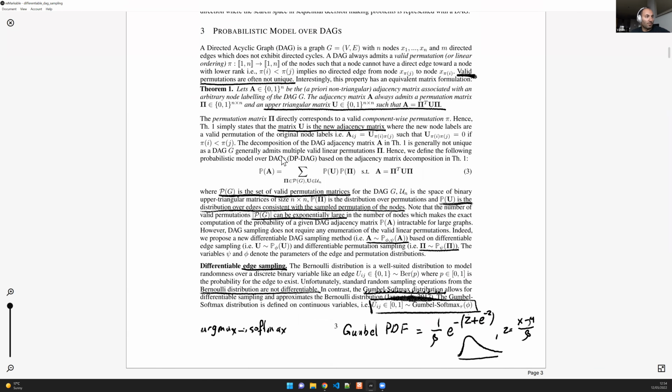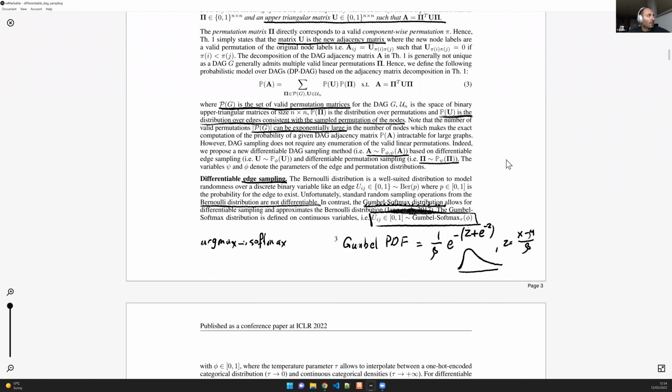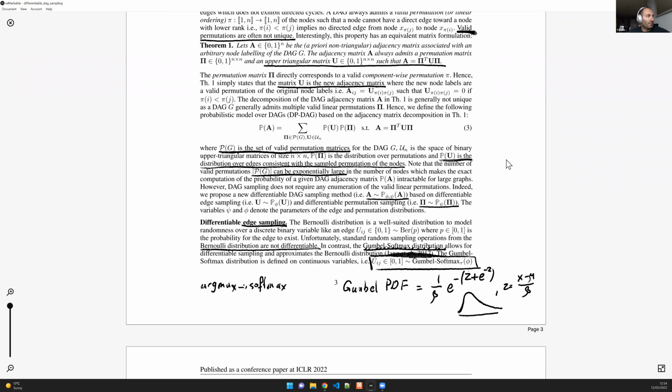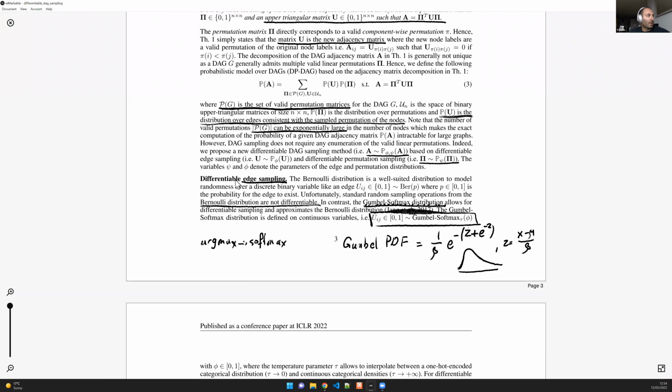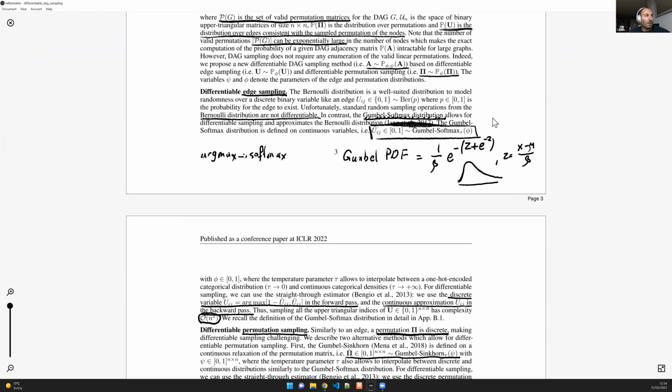Okay, we will use this for sampling data. Cool. Now we have to create a few relaxations, right? So first, how do we make the edge sampling differentiable? Well, we replace the Bernoulli distribution for edges, because edges either exist or not exist, right? It's a 0, 1. Naturally it can be given by a Bernoulli distribution, but instead we replace it with a Gumbel softmax